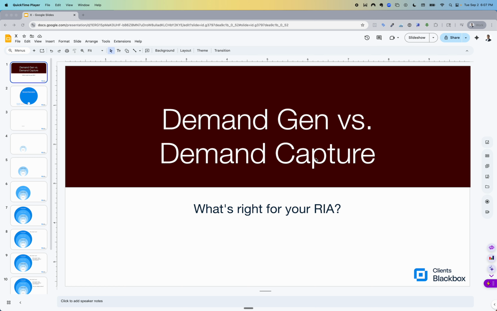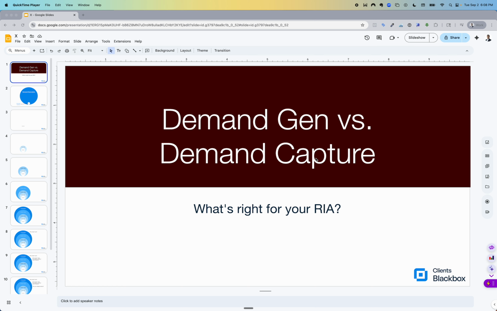So in a nutshell, demand generation versus demand capture. Demand capture is I'm capturing the existing demand. If somebody's already looking for a financial advisor, I just need to convince them why they should go with me. Versus demand generation: how do I ask questions, educate, do whatever I need to do in order to get somebody who is qualified for my services, who is not looking to find a financial advisor, to work with one? How do I get them to pay attention to me and eventually become a client of mine, right?